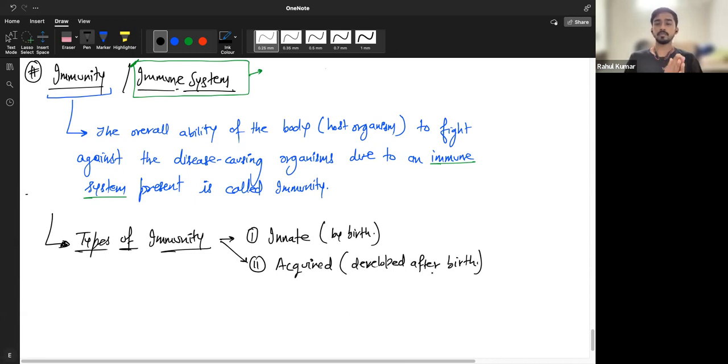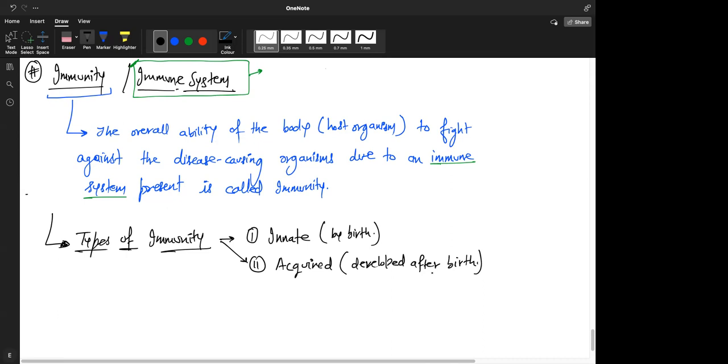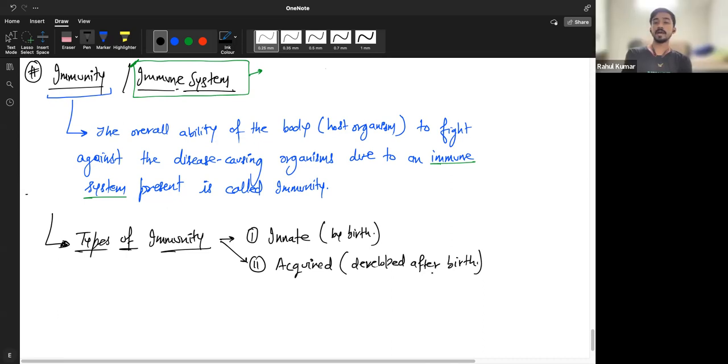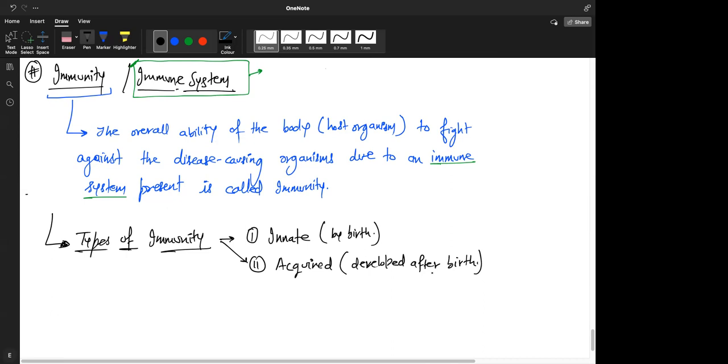So our body is also born with some certain degree of knowledge about various things which are harmful to the cell. But other, specific things, we learn about when we encounter them. So can we say that more exposure leads to a better immunity? Yes. So if you keep a person very protected in a glass chamber with no dust particle right from the birth, the person will not have any disease, but the immunity will also not develop, right? So the person becomes more susceptible.